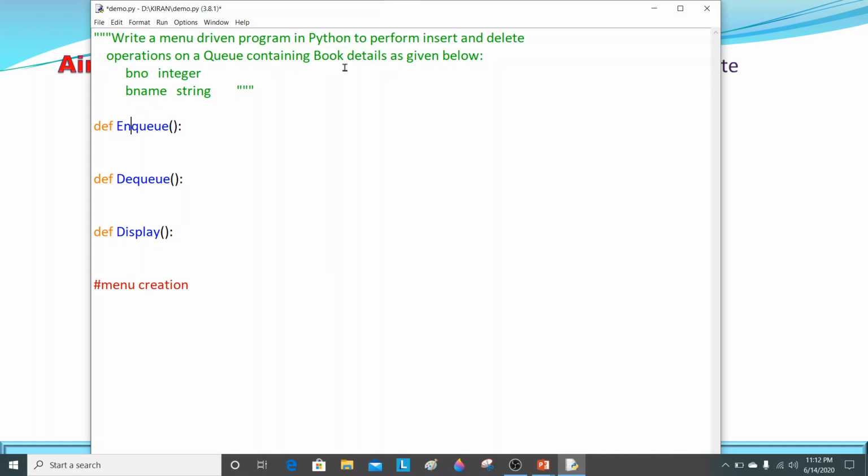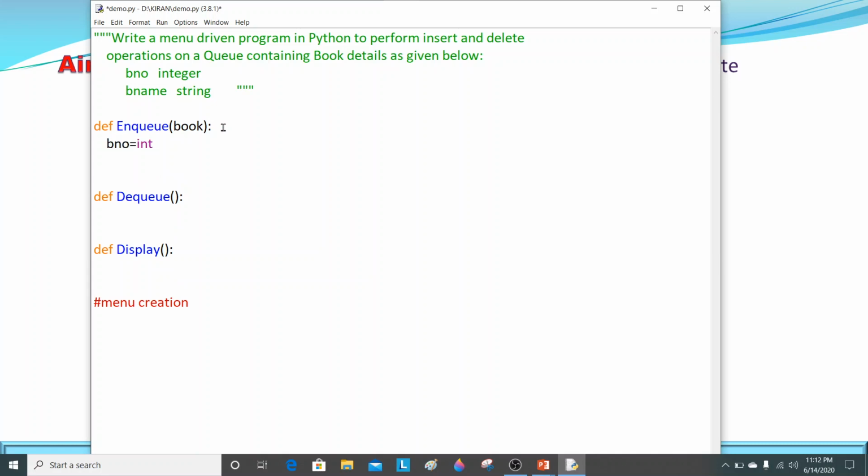Now here we have to enter the book details, book number and book name. There are two elements, so you will accept these two elements from the user and we will create a list. Then that list will be added into the queue. Suppose book is the name of my queue, so I write here the parameter book. After that, I will take the value of b number from the user.